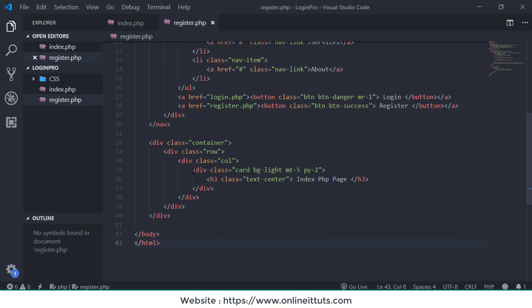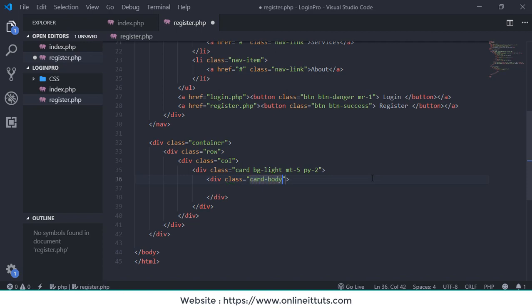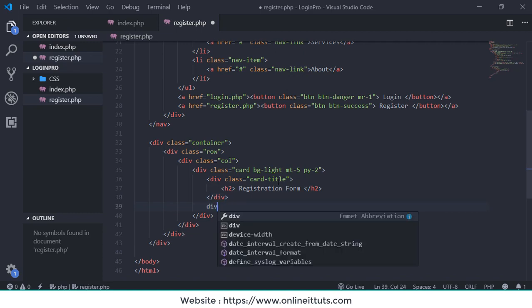Okay, here is a simple code. I'm going to change that. I just use card div, right, and class card body, no, card title. First I'm going to use card title, and inside card title I'm going to use h2 registration form, right? Outside of the card title I'm going to use div